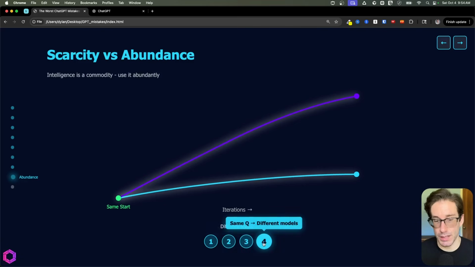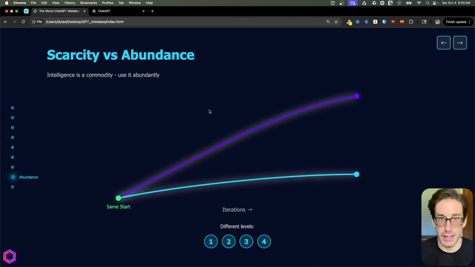And then finally, the one that I prefer and like to do the most, which is asking the same question to different models. So I'll ask the same question, for instance, for visuals. I can ask Claude Sonnet 4.5, GPT-5, Grok 4, and Gemini 2.5 Pro all to create different visuals for me, or the same visuals for me, and see what their outputs look like. I then can A/B test the visuals. I can then grab different things that I like from each and combine them into one. So these are four different levels of being abundant in your mindset and using the AI in a way that's more abundant in nature and not scarce.